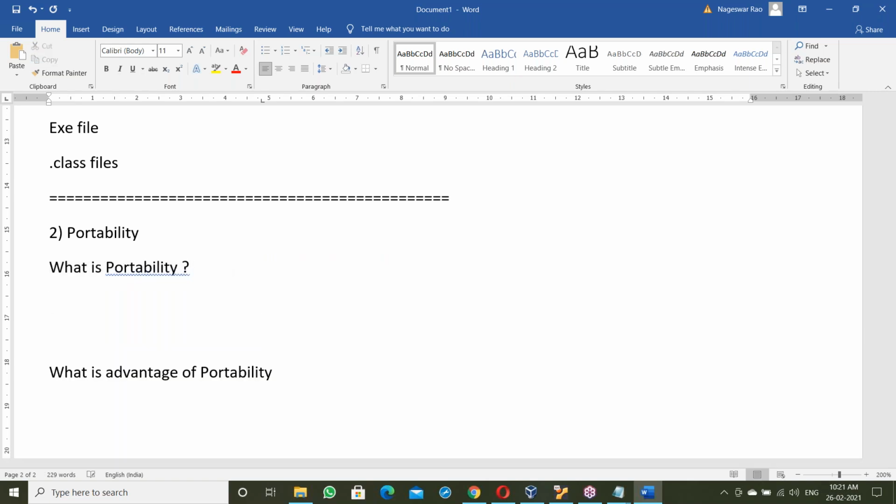Portability means it is easy to move from one location to another location.